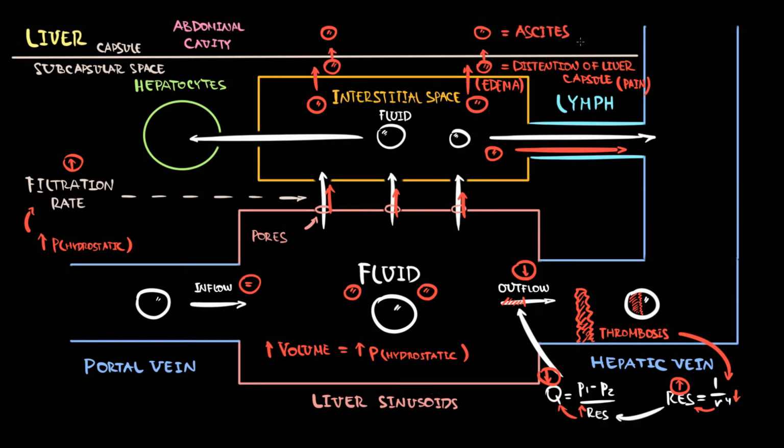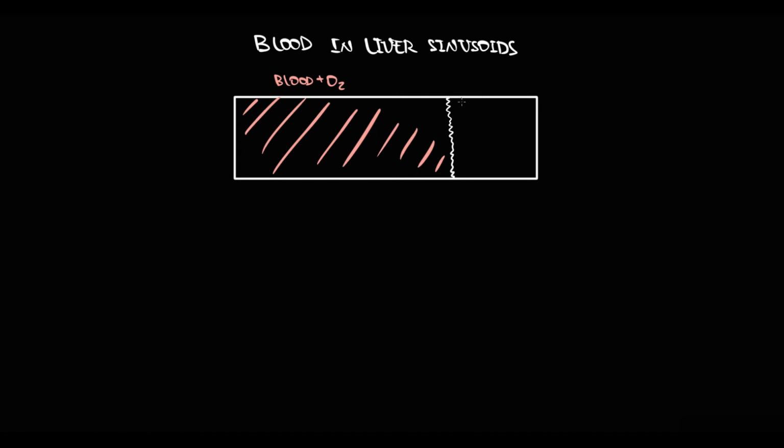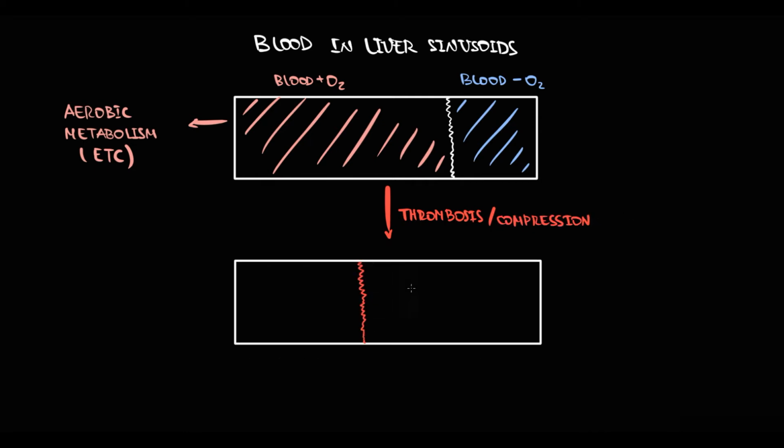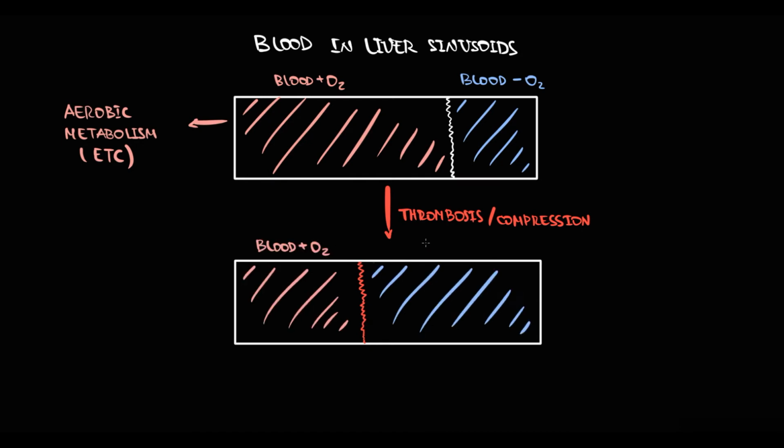Another problem is that, as we see, a lot of blood gets stuck and accumulates in the liver tissue. But it's venous blood, and thereby it's blood with a low amount of oxygen. So to explain this, in normal condition in liver sinusoids, oxygenated blood prevails over deoxygenated blood, because any tissue requires oxygen for aerobic metabolism, like the electron transport chain for example. With thrombosis or compression that cause backup of venous blood, the amount of deoxygenated blood increases, and the amount of blood with oxygen decreases. So at some point, accumulation of blood without oxygen will provoke ischemia of hepatocytes,